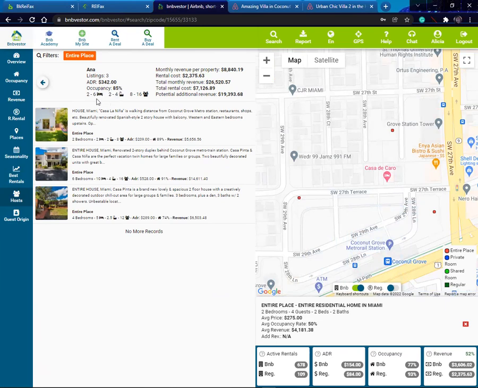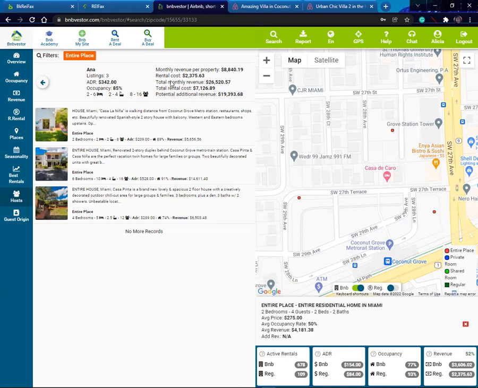The properties that she has range from 2 to 6 bedrooms, 2 to 4 bathrooms, and have space for 8 to 16 people. The monthly revenue of Anna per property is